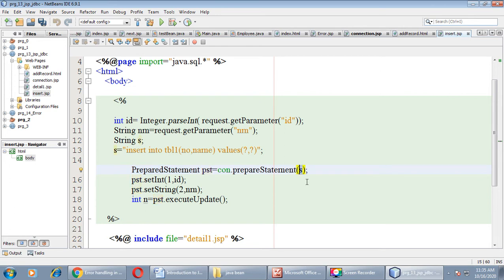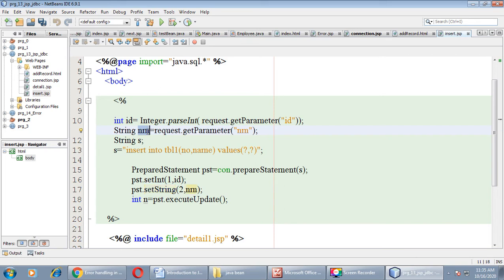Then pst.setInt(1, id), where 1 is the index number of the first question mark, and here we want to pass the value of the variable id. Now pst.setString(2, nm), where 2 is the index number of the second question mark. On this position we want to pass the value of whatever came in the variable nm.